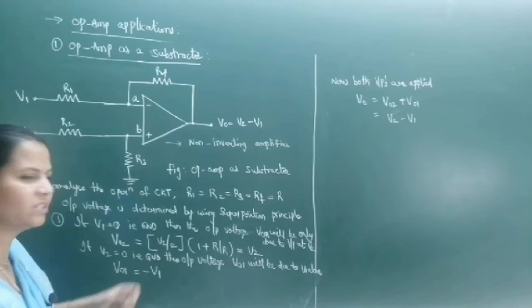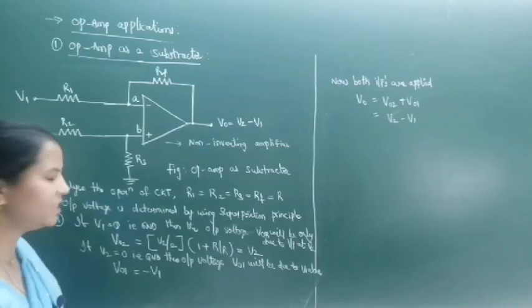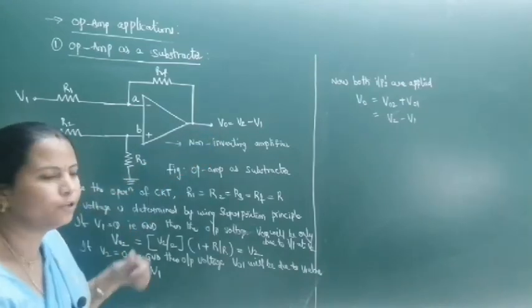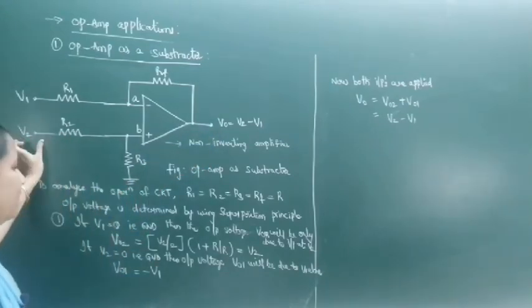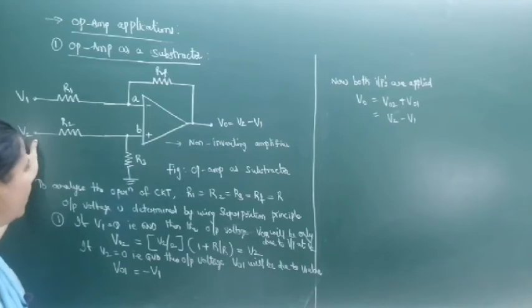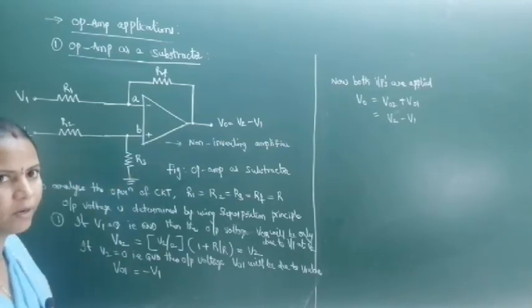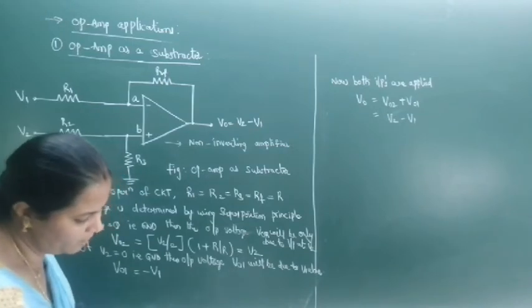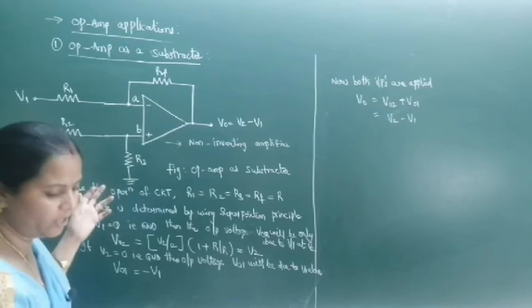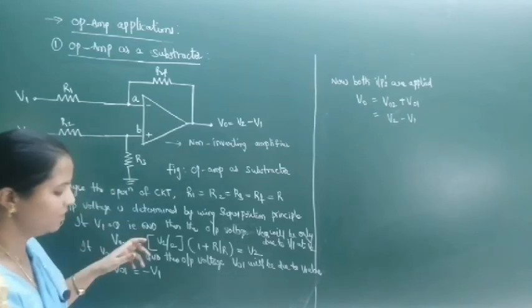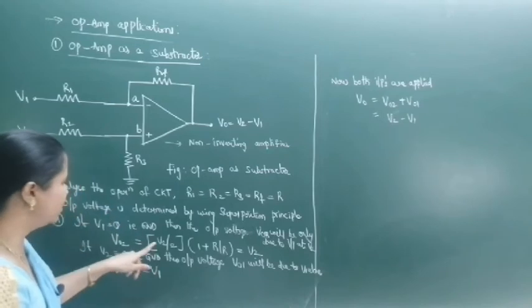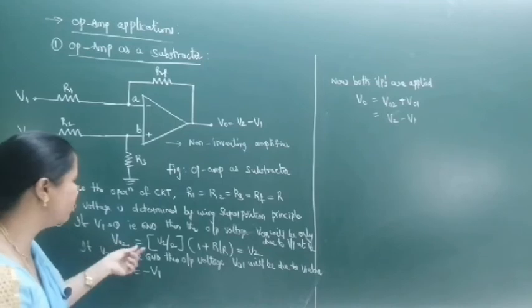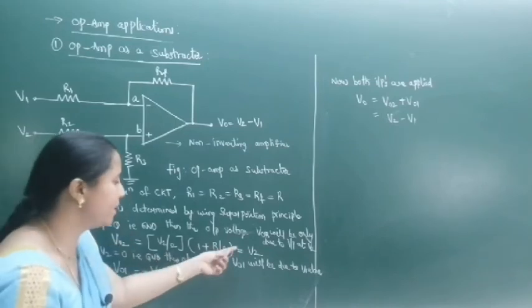Okay now, so what is the first condition? If V1 equal to 0, that is nothing but it is connected to ground, then the output voltage V02 will be only due to the input at the voltage V2, and it is connected at the non-inverting terminal. In this stage it acts as a non-inverting amplifier. So the circuit becomes a non-inverting amplifier of unity gain with input voltage V2 by 2 at the non-inverting input terminal, and the output voltage V02 equal to V2 by 2 into 1 plus R by R, it is equal to